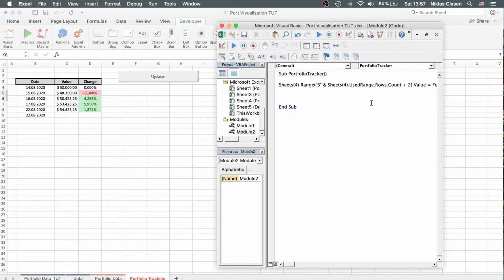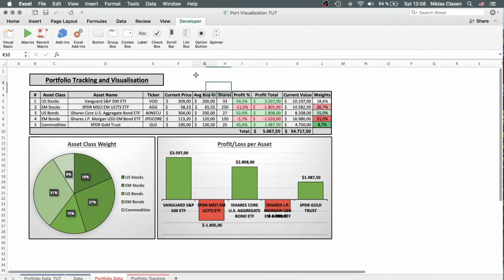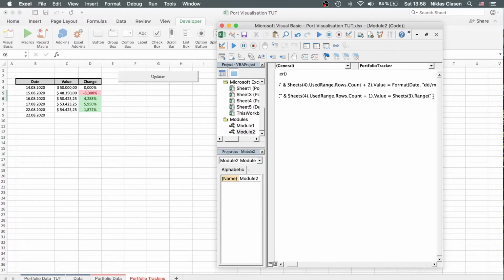Next, we want to transfer the value of the portfolio from the 3rd sheet, portfolio data, to the 4th sheet, portfolio tracking. So actually, we can just copy the first part. However, now it is column C, and we don't need to add another row as we've done that before already. So we can just have a +1. And the value is in Sheets(3).Range, and in this case the range I believe is K10. Let's check that. K10, yep, it is. So K10,